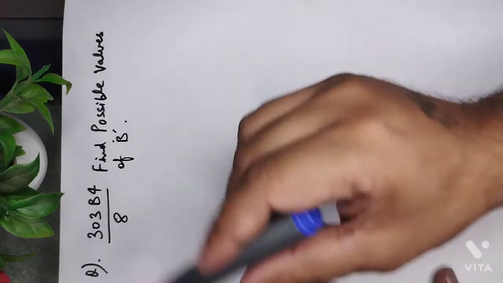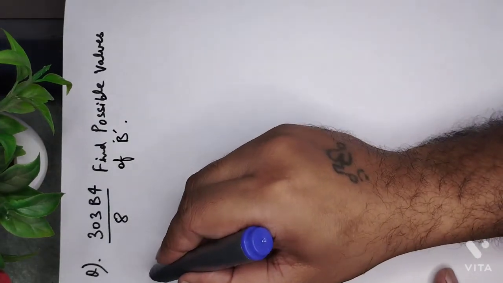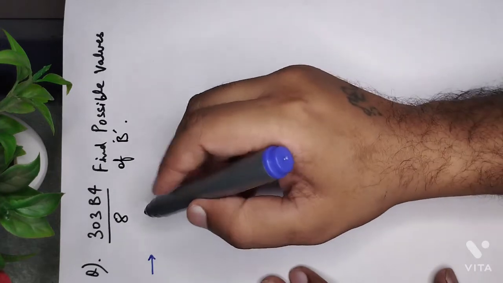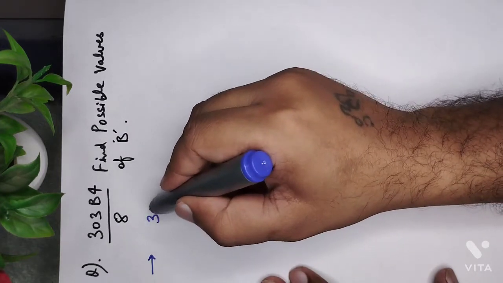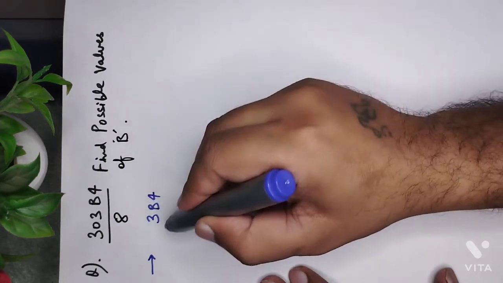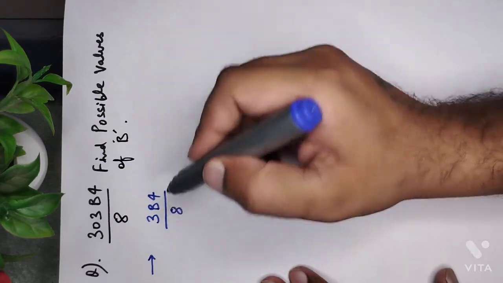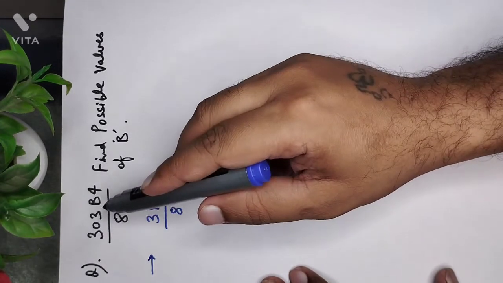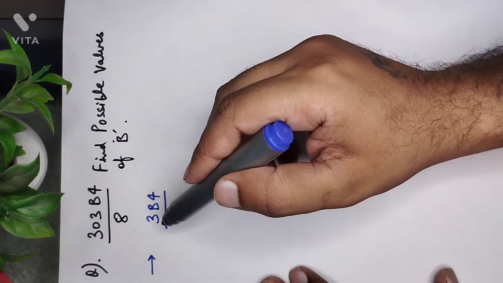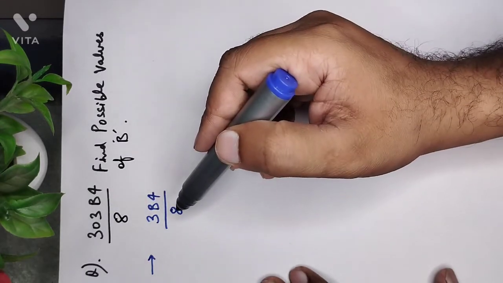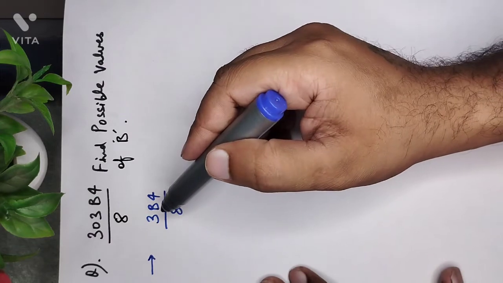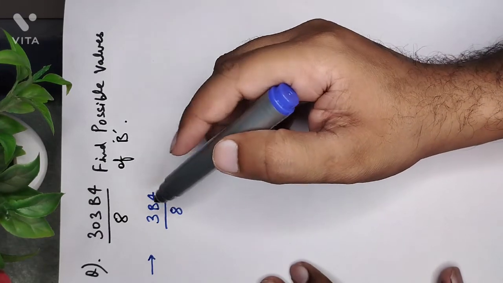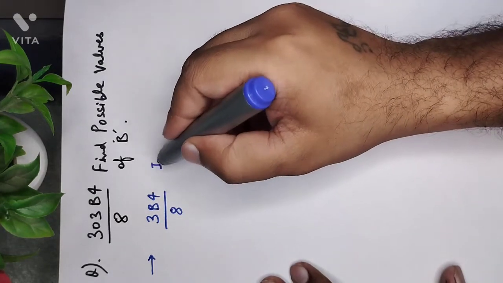Now if you remember the divisibility rule of 8, the rule says that the last 3 digits should be divisible by 8. We don't have to check this entire number. We just have to check whether the last 3 digits are divisible by 8 or not. Now as B is missing here, I have to find this B. Now one method of doing this is,